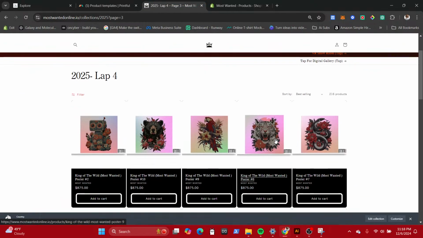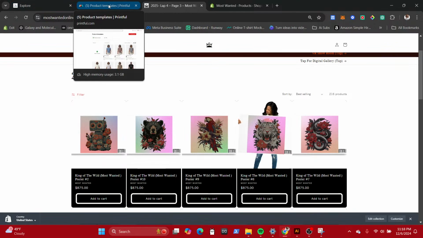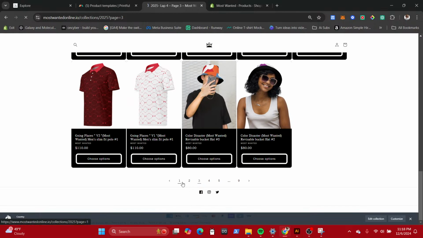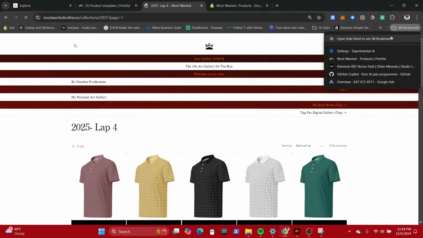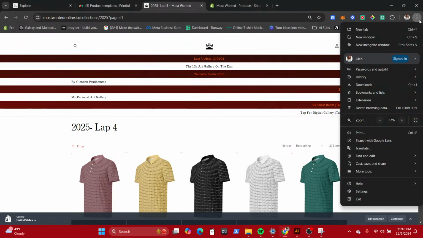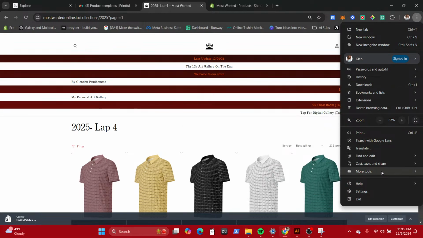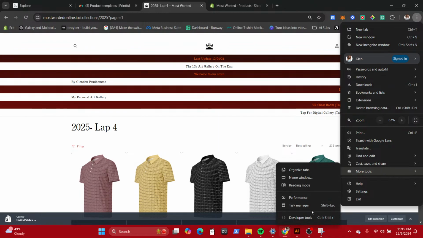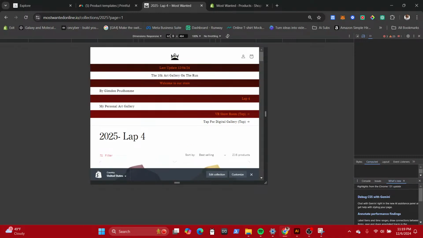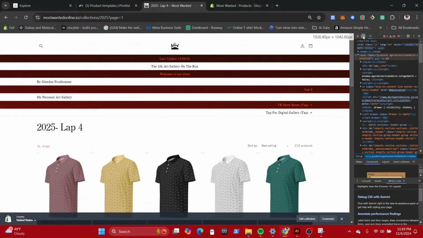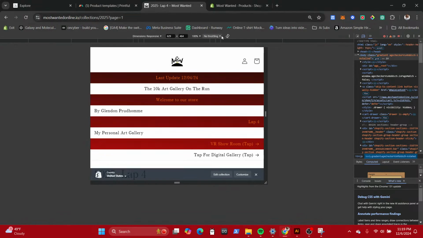If you look on the website and you're on the laptop, it does a group of 5. But if you are on mobile, I believe it does groups of 2. Actually, let me see. Yeah, it does groups of 2. So cool trick. What's up, Gene? If you go to your settings, not settings, more, I think it's more tools. Yeah, more tools. Go to developer tools. If you go up to here, you can toggle devices. So right now, no throttle.